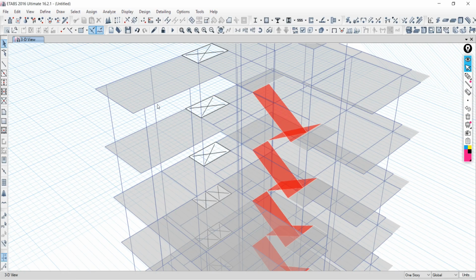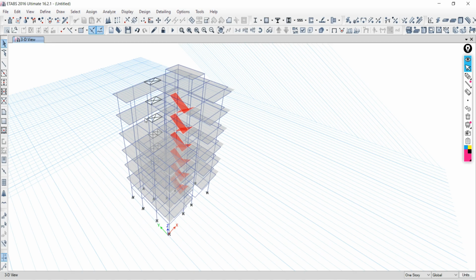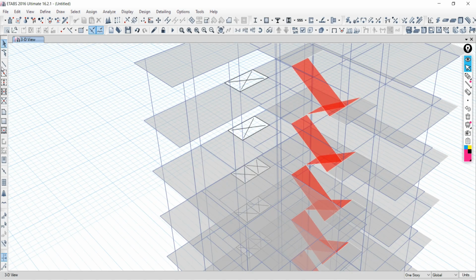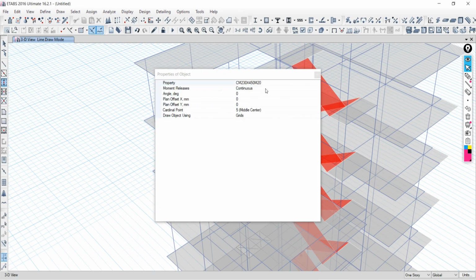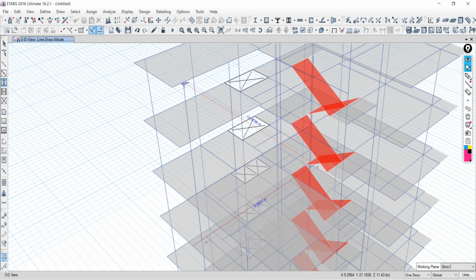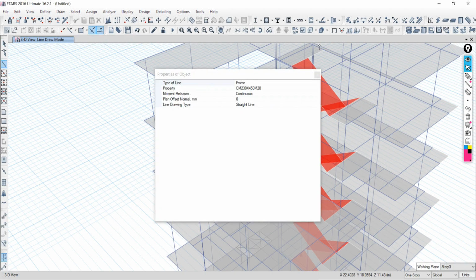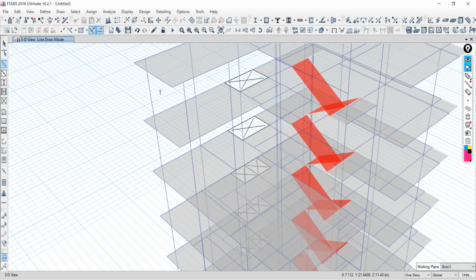See, you are asking about the case where the member is inclined. Suppose a column is there, for example. Column I am going to take here. Close this. This is from this point to. Suppose the beam, and I am going to take a column. Close this. This is the first point, from here to here.